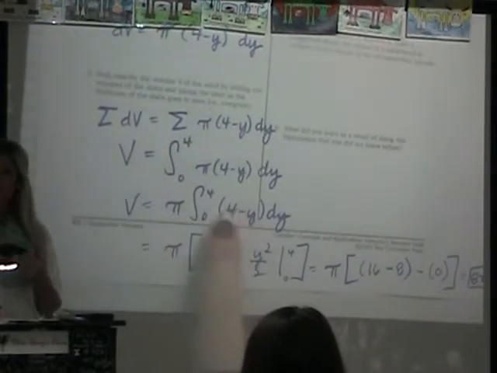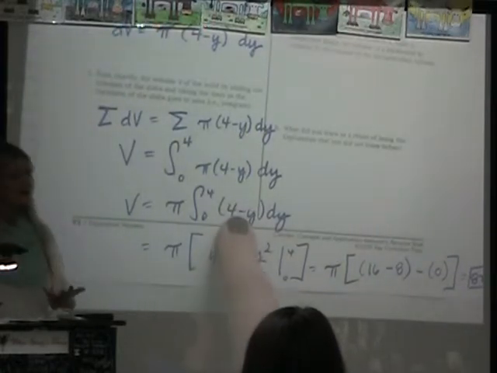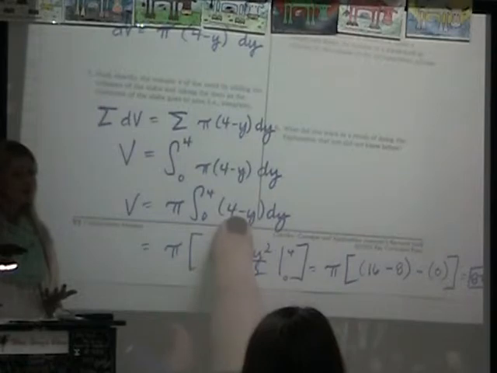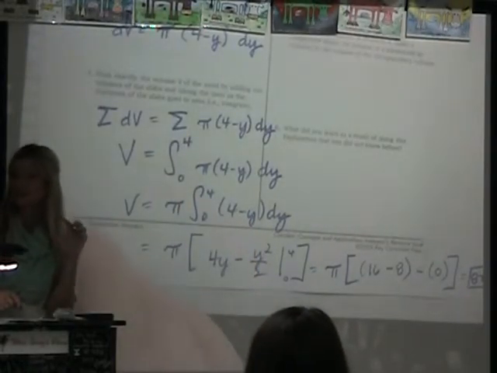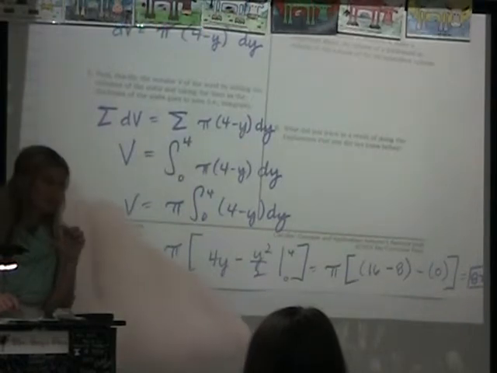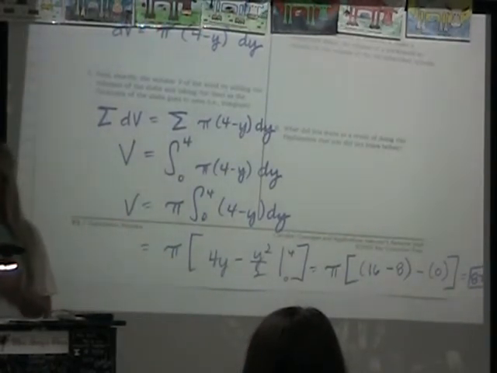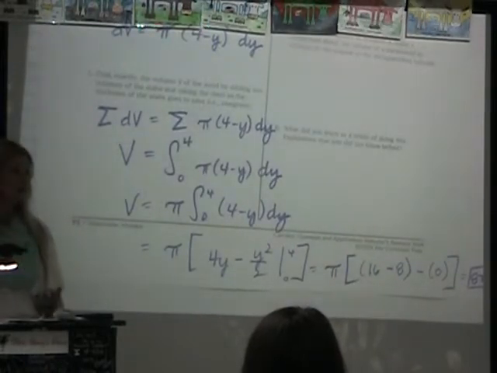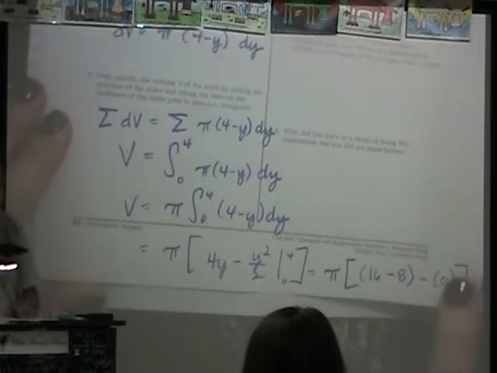And then your radius is going to be squared in most cases. In this case it wasn't, because it was x squared and we had x squared in the formula. Okay, so we're integrating pi r squared h. That's our formula for finding the volume of a solid. That's what we've just sort of developed. Okay? Now, if you will flip over to the back,